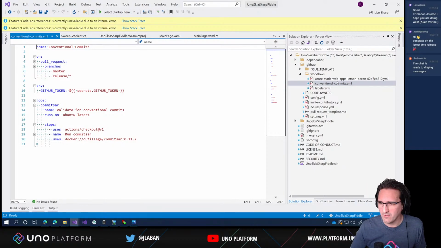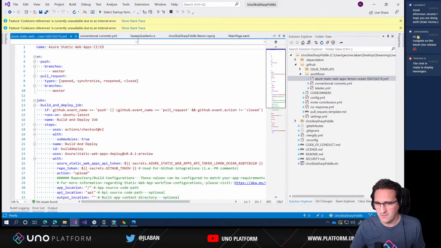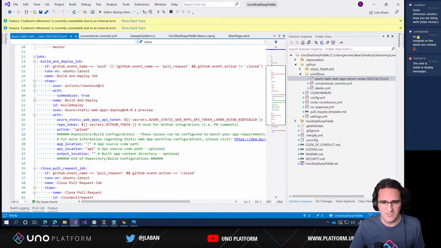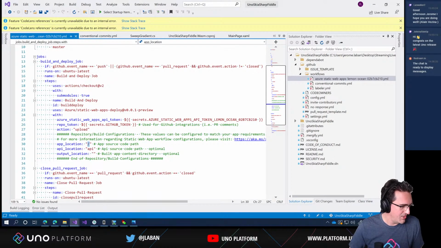Actually, I'm going to have to change that because I don't think the tokens that I have on that machine are going to allow me to change that. But so we're going to change a few things. We're going to change the app location, and we're also going to add a new